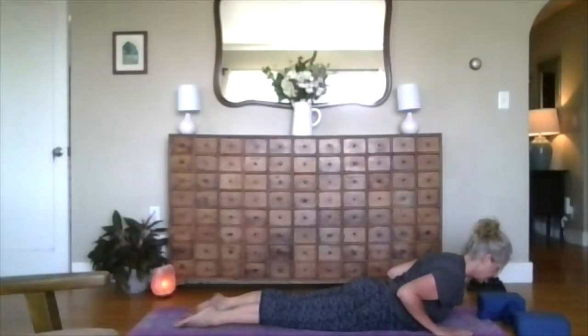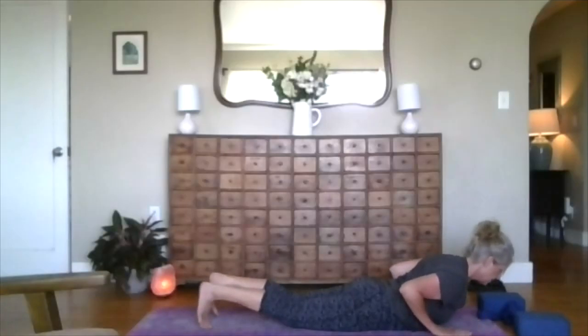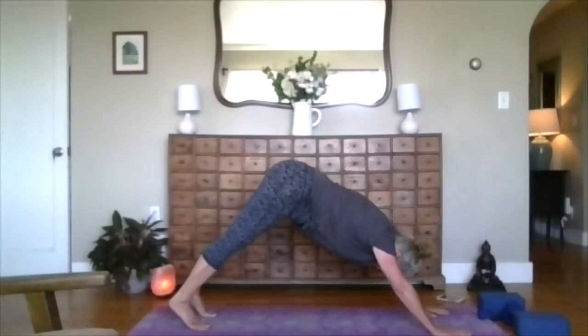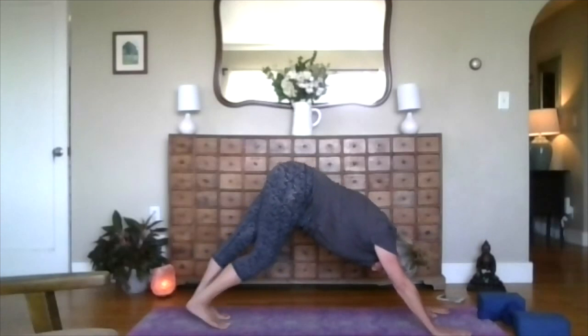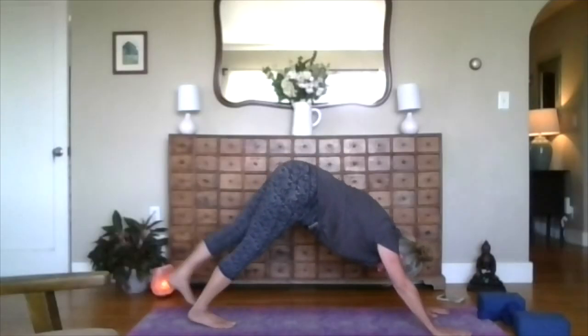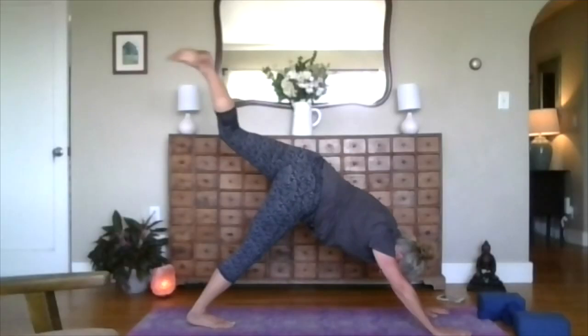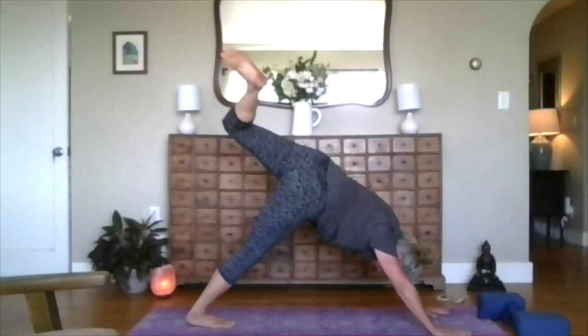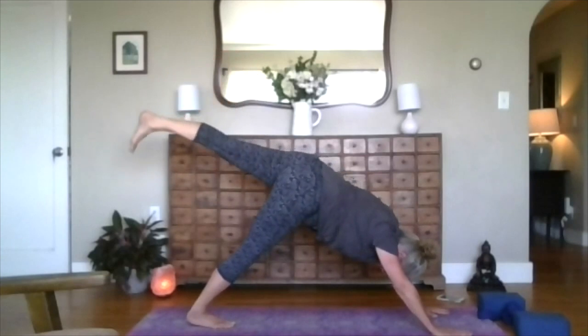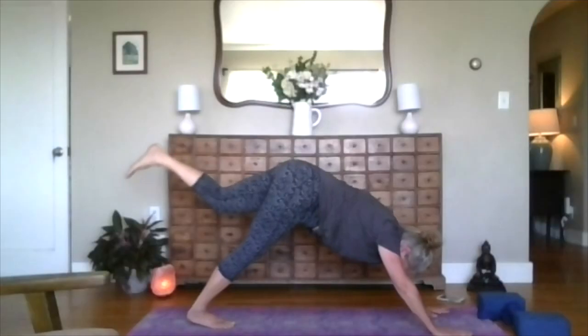Yes, and then we'll lower our hands, tuck our toes. See if you can press back up to your plank, and then press back down. All right, take your breath here. So we're going to lift the right leg up behind us, and then bend your knees, stack your hips. Take a couple of breaths. Re-straighten your leg behind you,